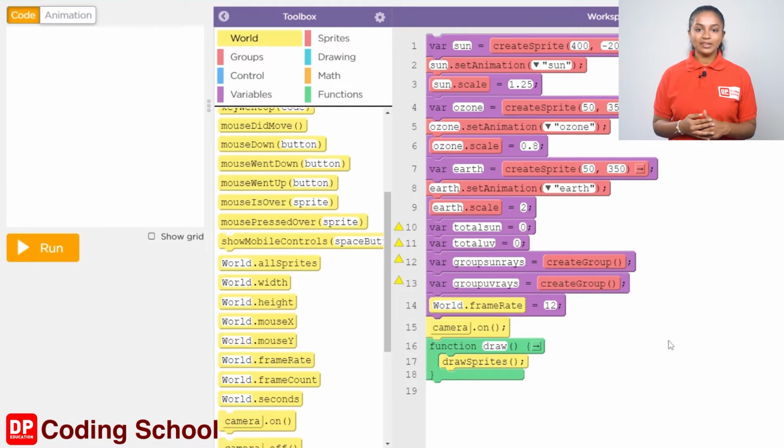Okay, now we need to create the UV rays and the sun rays coming from the sun towards the earth in this simulation. UV rays, which are more harmful among these rays, are destroyed when they hit the ozone layer. It prevents the UV rays from reaching the earth. Also, sun rays, which are less harmful, get past the ozone layer and they are destroyed when they hit the